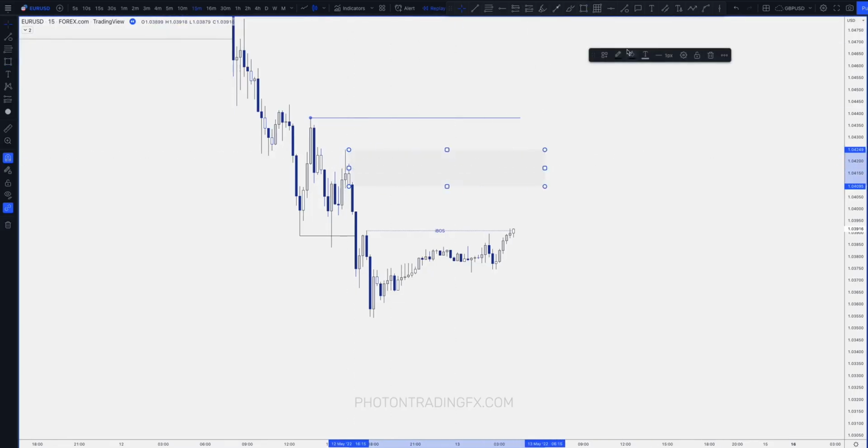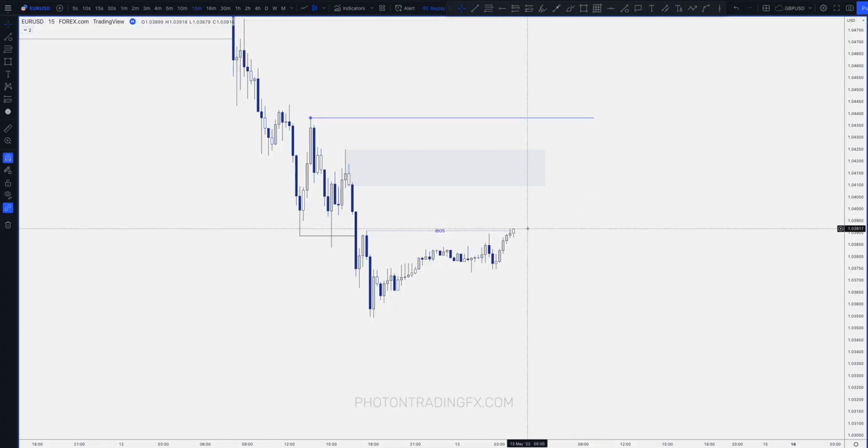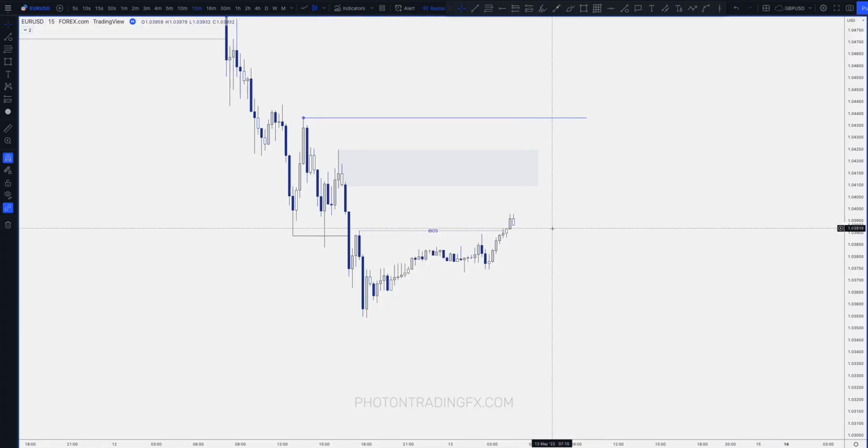We have this area of supply as well. So this would be a decent area in which we could potentially look for the trend to continue, right? Okay, so yeah, let's play this forward a little bit. Now,